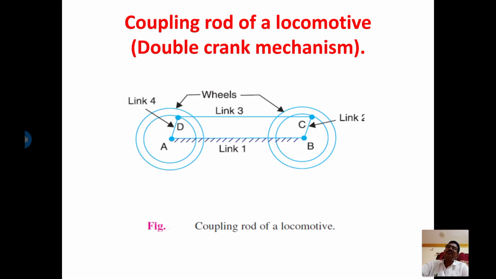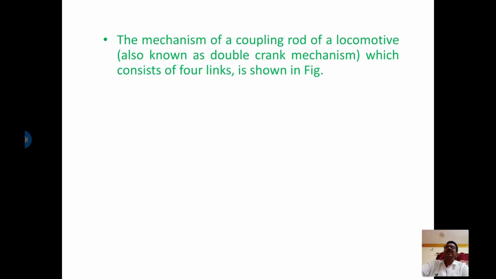Link 1 is the fixed one. So in this case, as the crank AD rotates, crank BC also rotates. That's why this converts the rotary motion of one wheel into another wheel. This is the mechanism of a coupling rod of a locomotive, also known as the double crank mechanism, which consists of 4